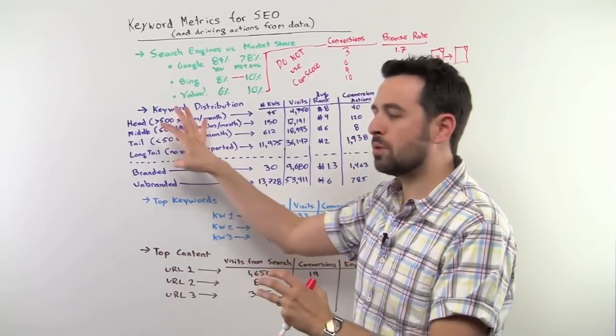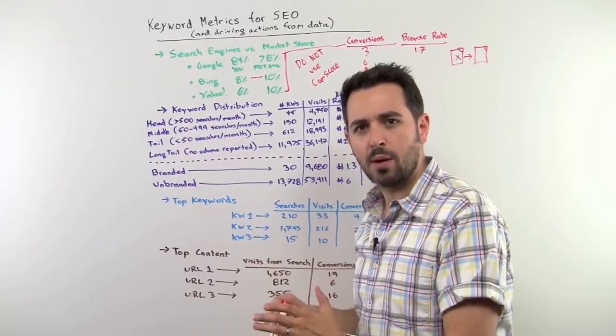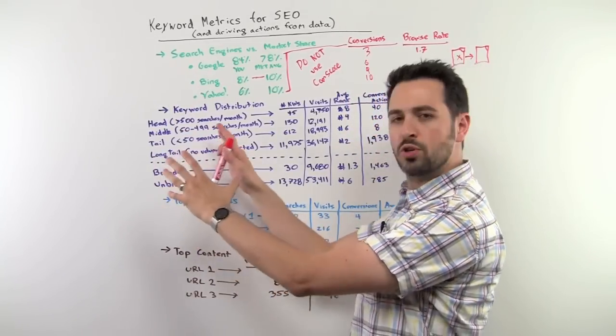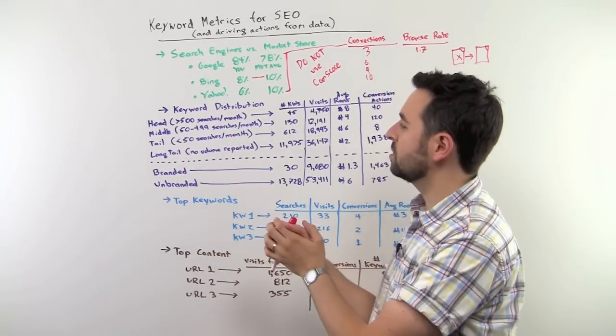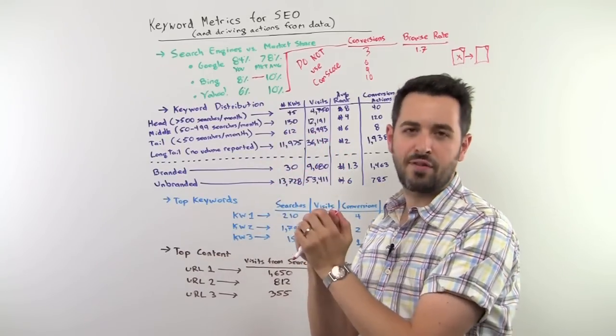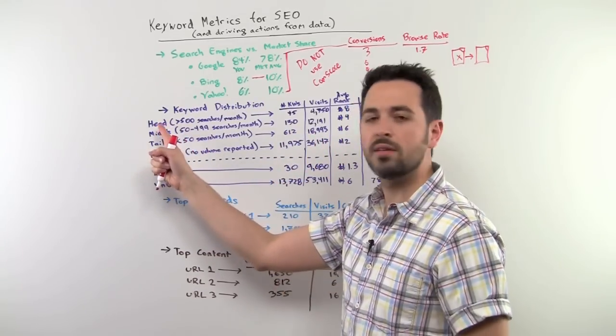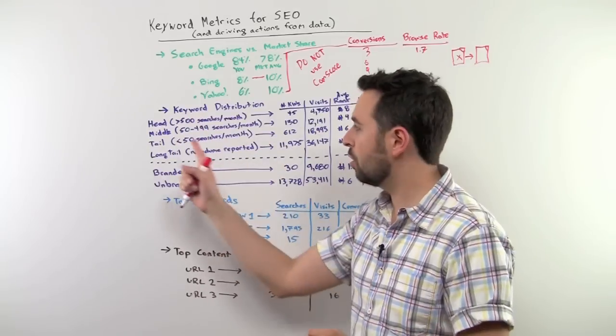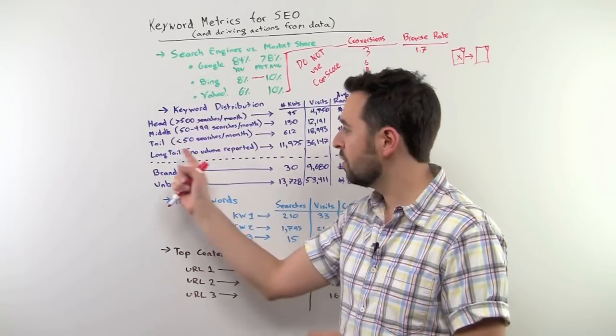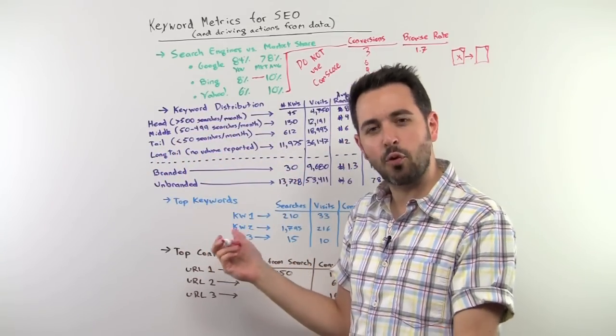A lot of people like to break out keyword distribution in a number of formats. So keyword distribution is a common metric, right? Folks will say, how much traffic, how many keywords are sending me are coming from the head of the demand curve, middle of the demand curve, tail of the demand curve, or long tail. I actually like using 4 breakouts.